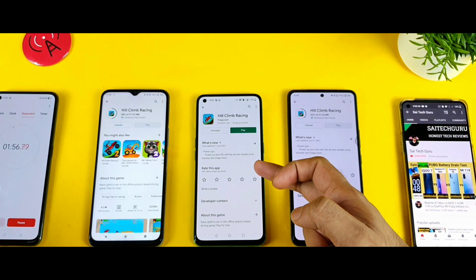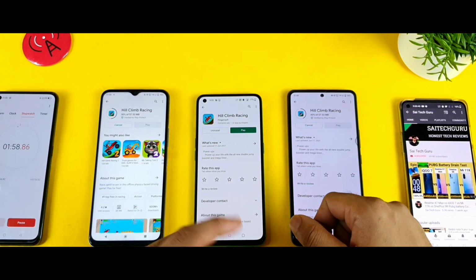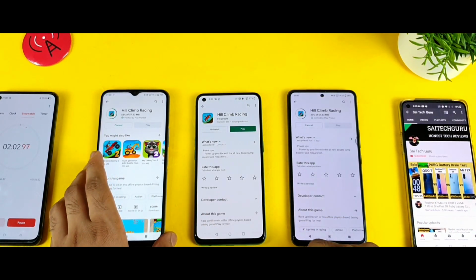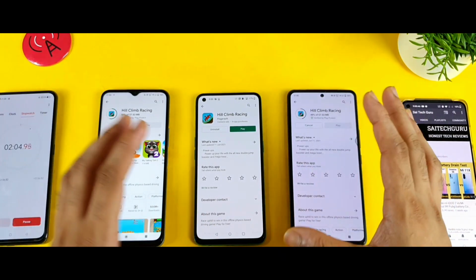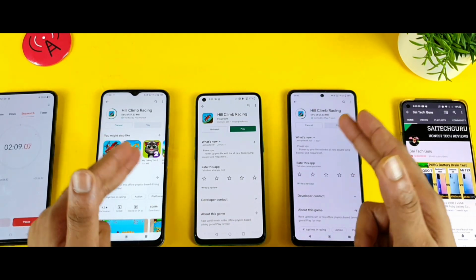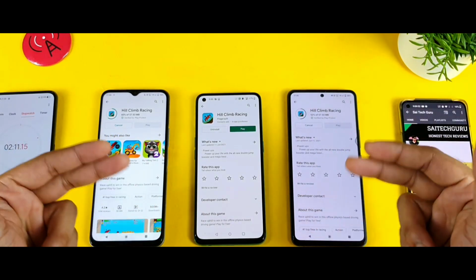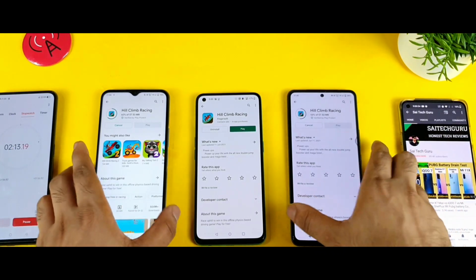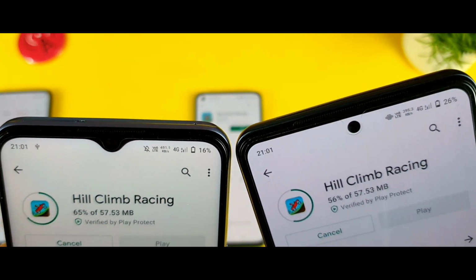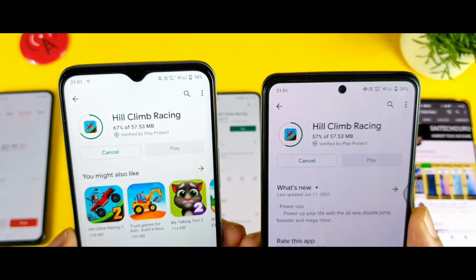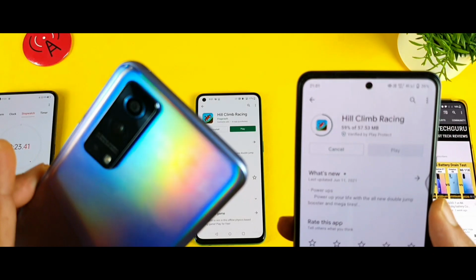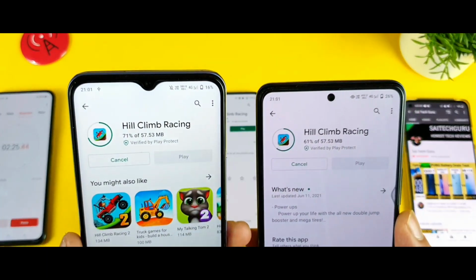So the OnePlus Nord has finished. Sorry, I did not see the exact time when it completed. Maybe it's close to 1 minute and 40 seconds, I think 45 seconds exactly. But these two phones, the iQOO Z3 and the iQOO 7 device, are still taking some time. As you can compare the speeds between these two, you can see double the speed you are getting. It's the same 4G SIM card, without even 4G Plus. On the iQOO Z3 you are getting more speed, as you can see, friends.